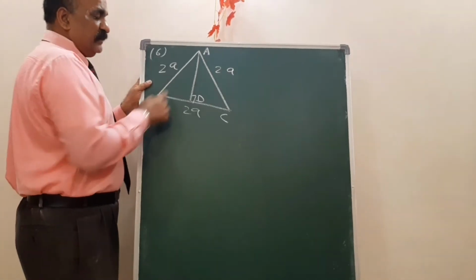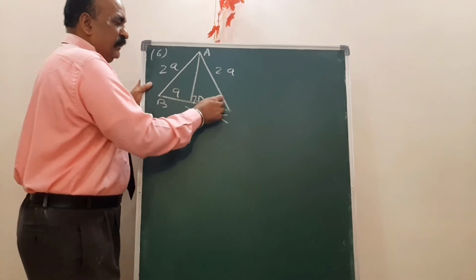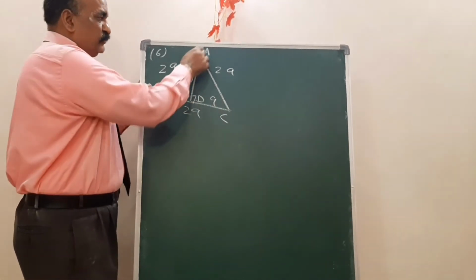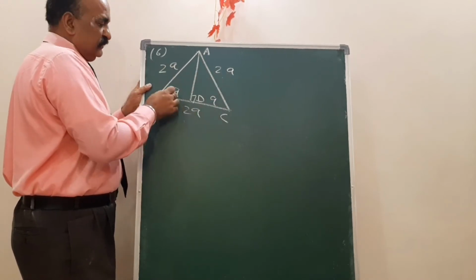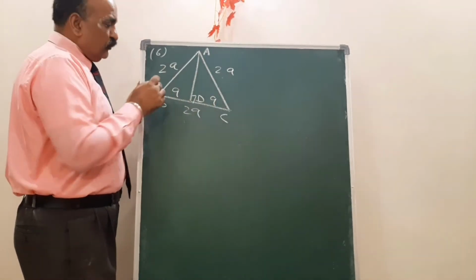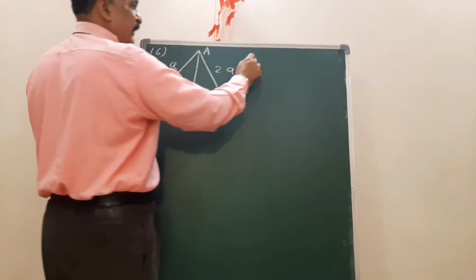And this is an equilateral triangle. If this is the altitude, it means this part will be A and this part will be A, and all the three sides measure 2A. So now you can apply, because you have to find altitude, it means AD. So in triangle